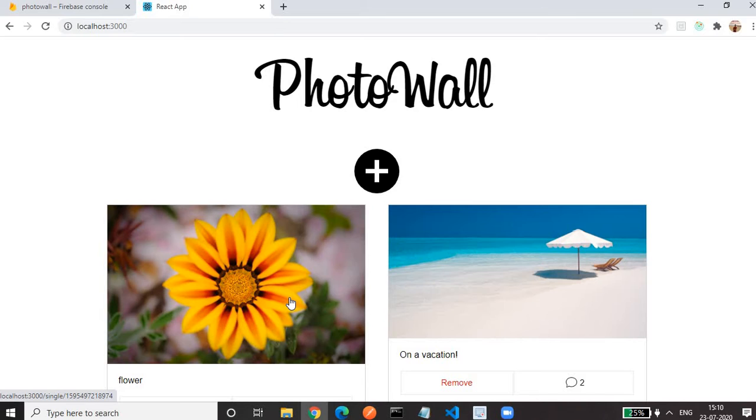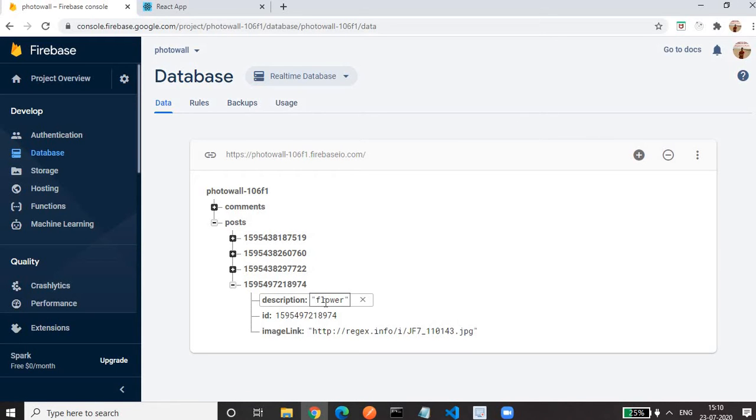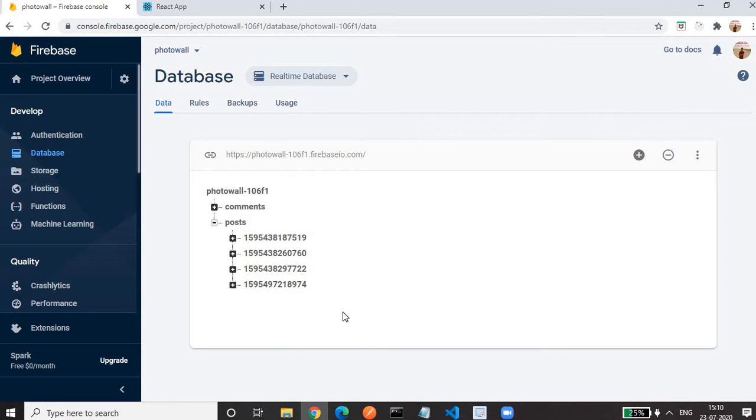If you see, now our page gets refreshed. We are getting this flower in our application. If you go to Firebase, it's amazing. We have a new record added. The description is flower. ID means as per our current date. Image link is what we have pasted. Okay, this is how I have entered the data for my Firebase.